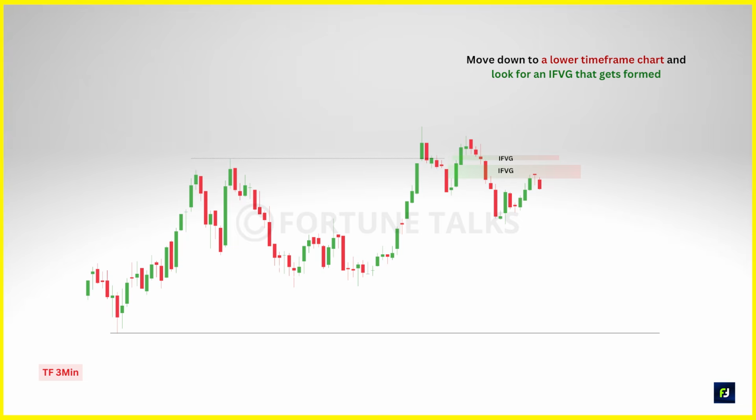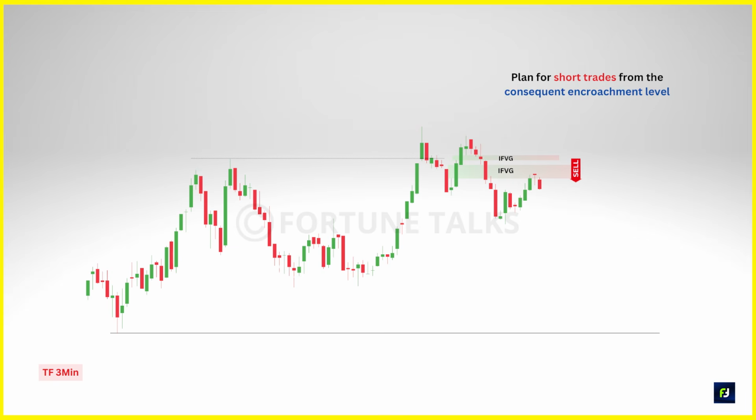Now move down to a lower time frame chart like the 1-minute or 3-minute chart. Now look for an inverse fair value gap that gets formed when the price starts moving lower. Most probably, this could act as a resistance area for the further decline in prices. You could take trades from the consequent encroachment or at the lowest level of this bearish IFVG, depending on your